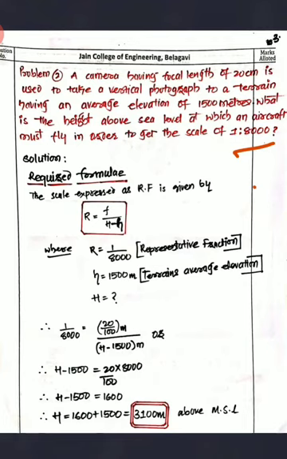So three things you have to keep in mind. One, they have given the focal length, that is 20 centimeter, and then they have given 1500 meters as small h, that is the ground elevation. Then they have given the representative factor 1:8000. So you can easily understand the difference between the scale and the representative factor. Even though it is mentioned as the scale of 1:8000, this is a representative factor, which means scale can be represented in that manner also. So we'll go for that.